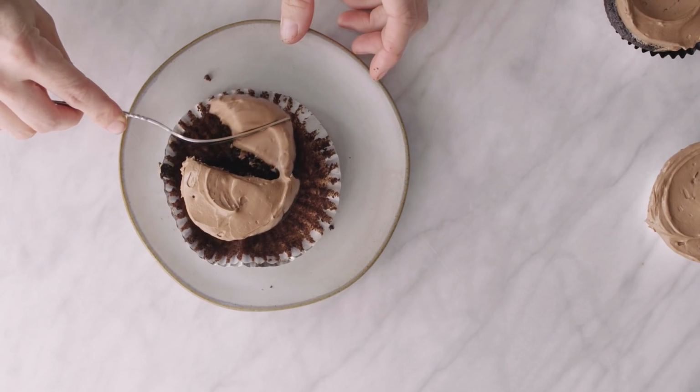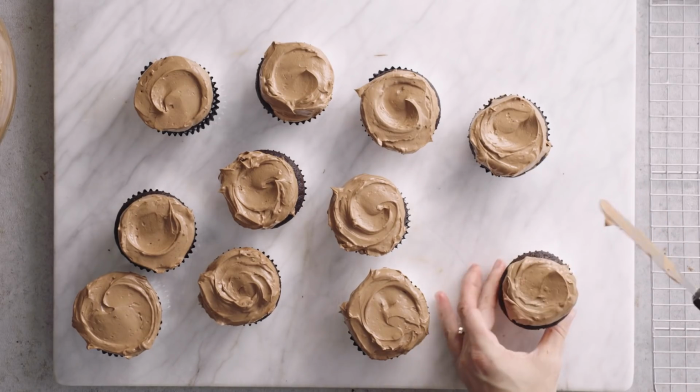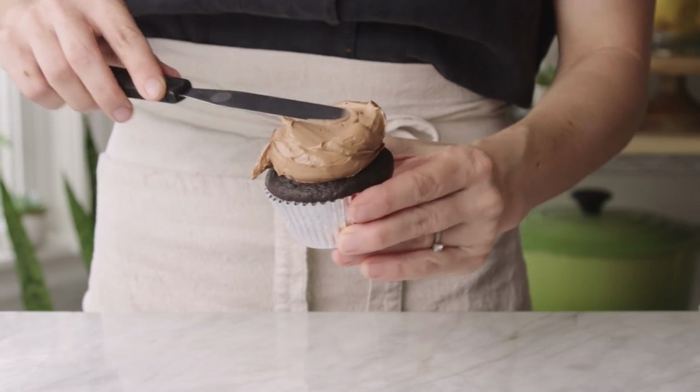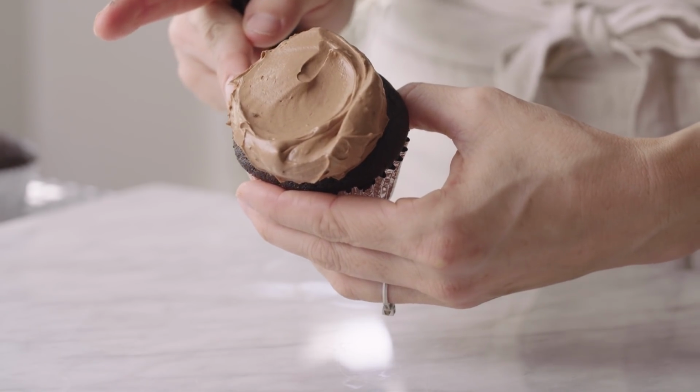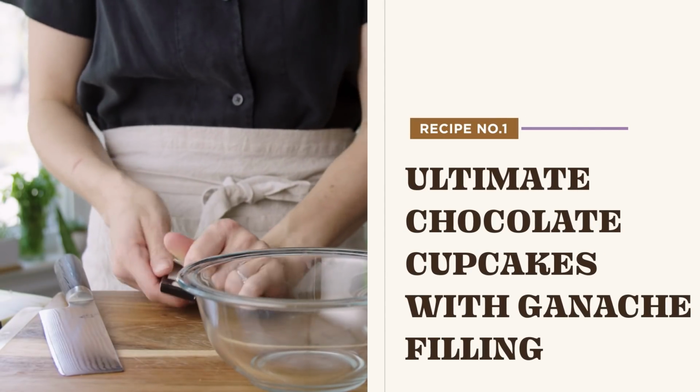They've got a cloud of buttery soft frosting on top, a chewy, dense, tender chocolate crumb encasing an ooey gooey ganache filling. These are everything my chocolate dreams are made of, and I can't wait to show you how I've learned to make them. So I'm going to start with a ganache filling first, and I've got 2 ounces of